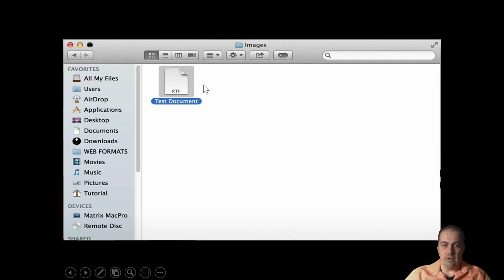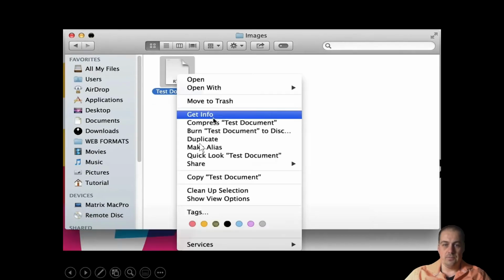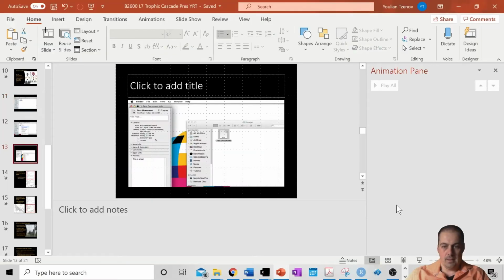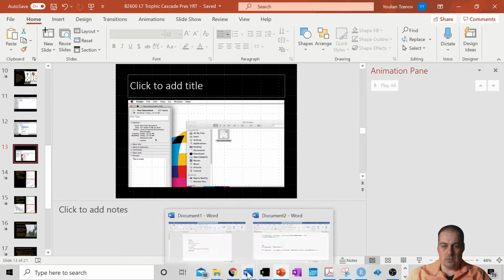So you find your file, you're going to right click it, and you're going to have this window pop up. If you go to Get Info, you should have another window like this, and you're going to copy your location under Where or next to Where. In case you have something before Users, just pretend you don't. Start with the slash before Users and go right to the end. And then you're going to paste that